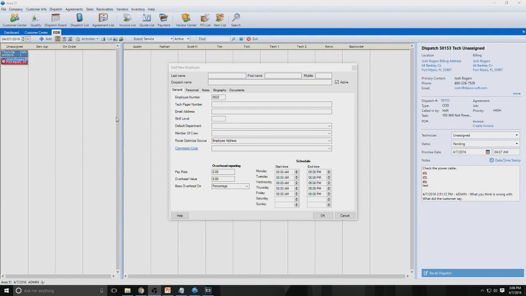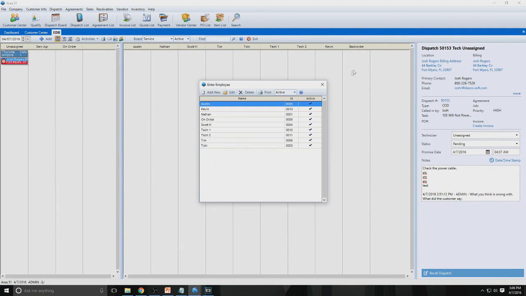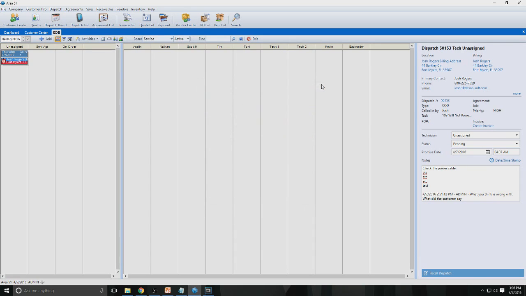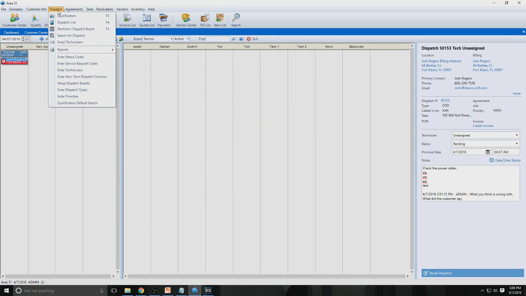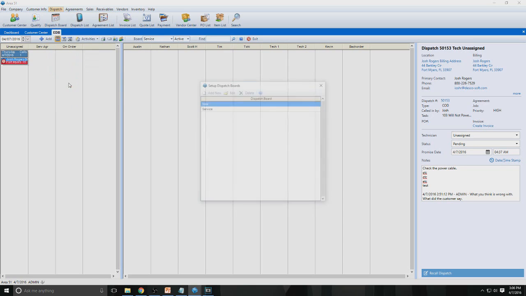Once you've gone through and created all your technicians and filled out as much of the tabs as you would like, you can go ahead and close out of this. And what we'll need to do now is actually add them to your dispatch board. To do that, we're going to go back up to that same Dispatch drop-down menu and then go to Set up Dispatch Boards. Now when we do this, you'll see that it's going to come up with an entry